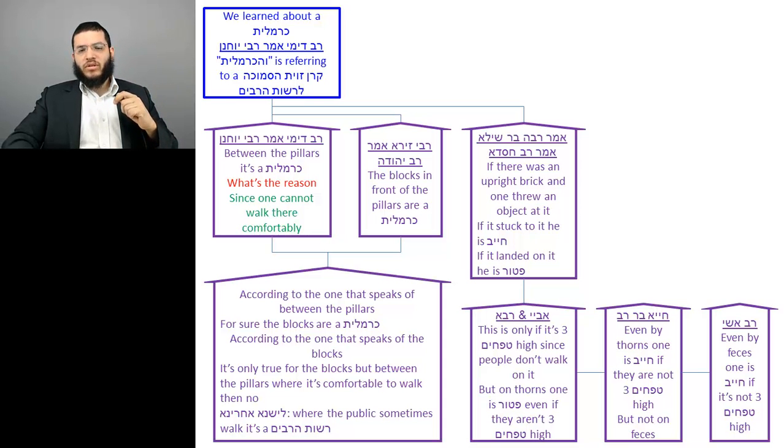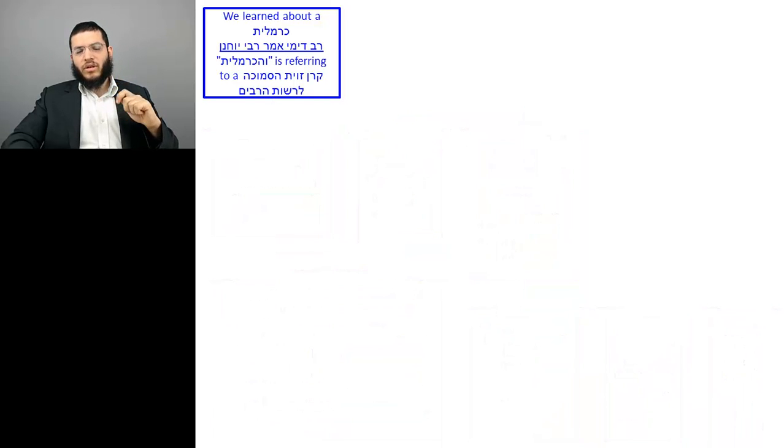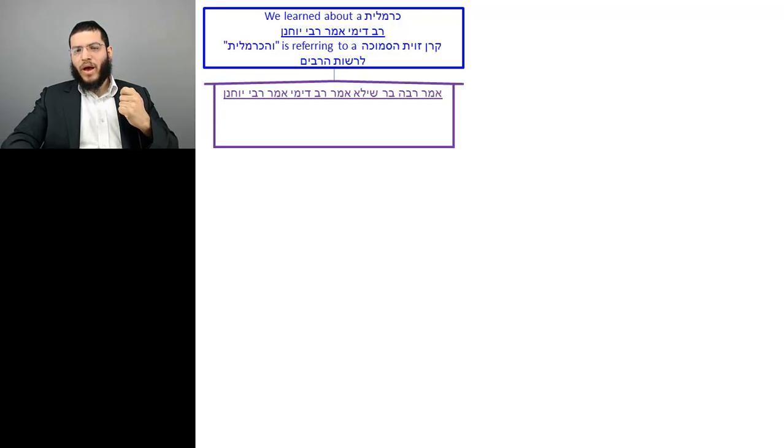Now the Gemara continues with its discussion of a karmelis, and since the structure of this Gemara is a little different, we changed the way the box is set up to accommodate just physically the way the flowchart is structured. So in continuation to the teaching of a karmelis, the Gemara says another teaching, and it's the teaching about what are the parameters of a karmelis. So we have 2 teachings. One is Amar Rabba Bar Shilei, Amar Rav Dimi, Amar Rabbi Yochanan, a karmelis cannot be less than 4 tefachim by 4 tefachim.